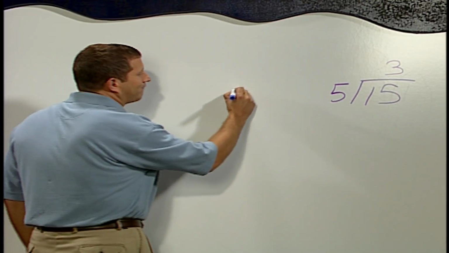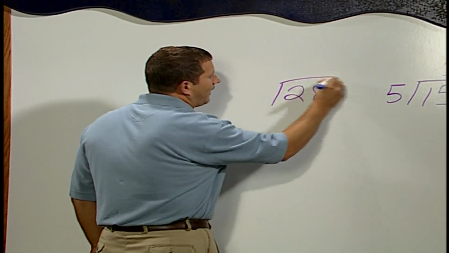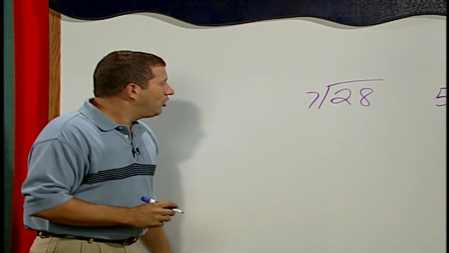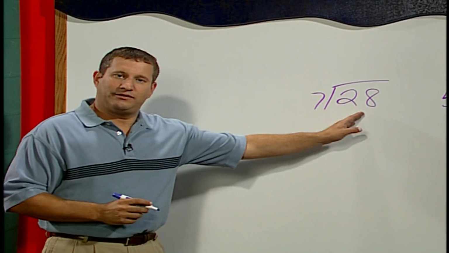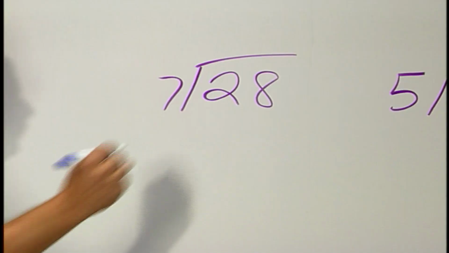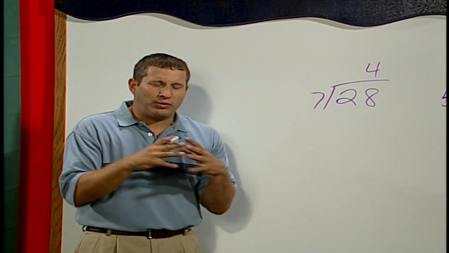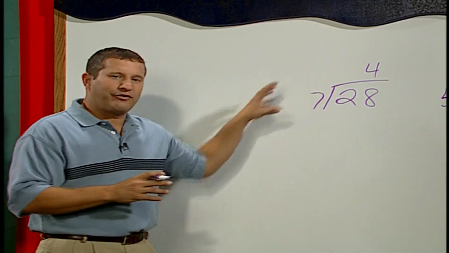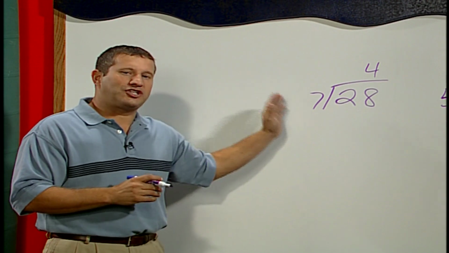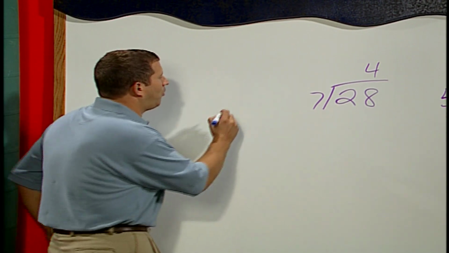Let's try another one. How about 28 divided by 7? 7 times what equals 28? And you'll get 7 times 4 is 28. So that's the easiest way to do division, is to reverse it and make it a multiplication question. Let me give you one more. How about